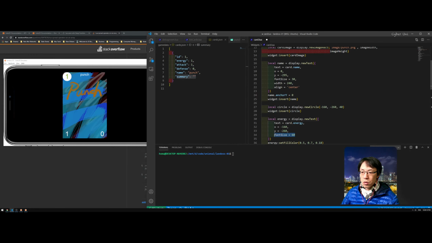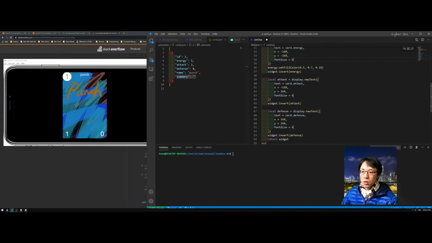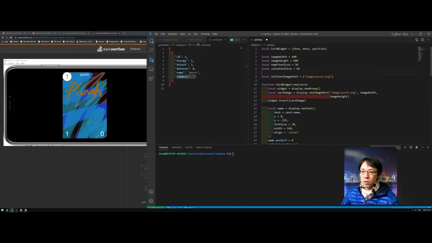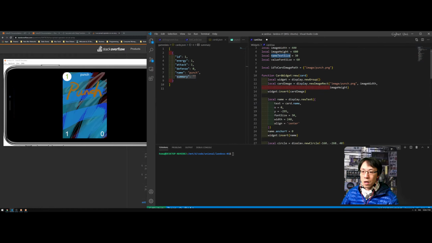So change all this. Value size. Name that value font size. And then name font size. Yeah, let's go ahead and just describe that name font size. Okay, and